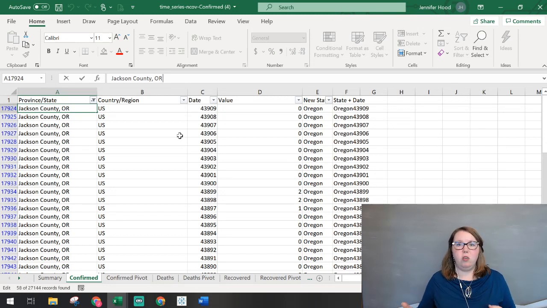This is something you could do, this cleaning, in a language. So you could do it with Python, you could do it with R, you could do it in SAS, and that would help automate it. In some cases, they've got ways that make it a little quicker to clean.